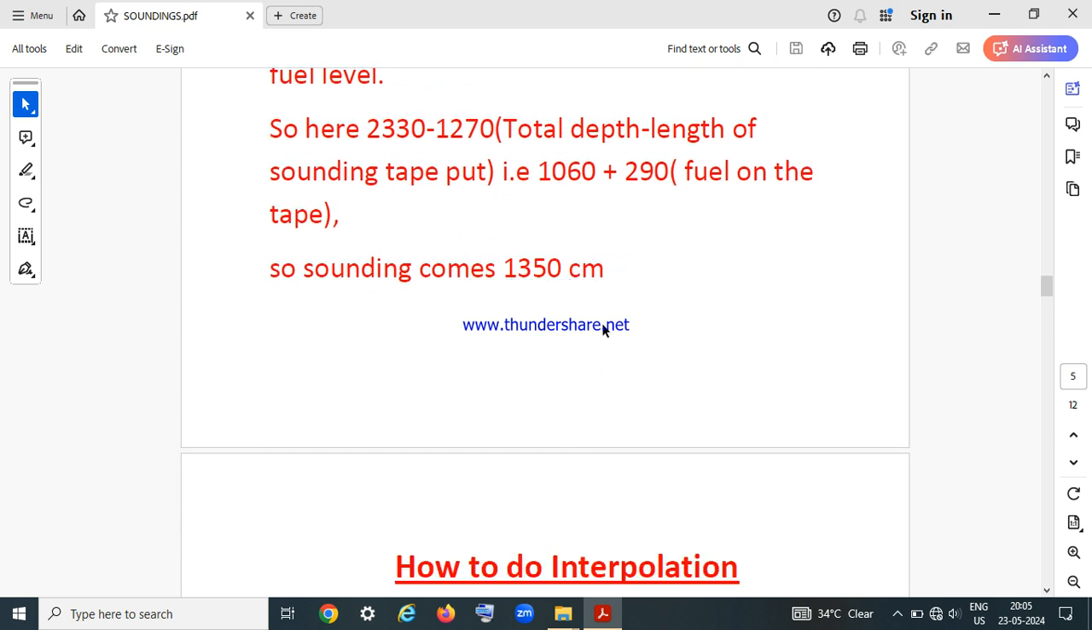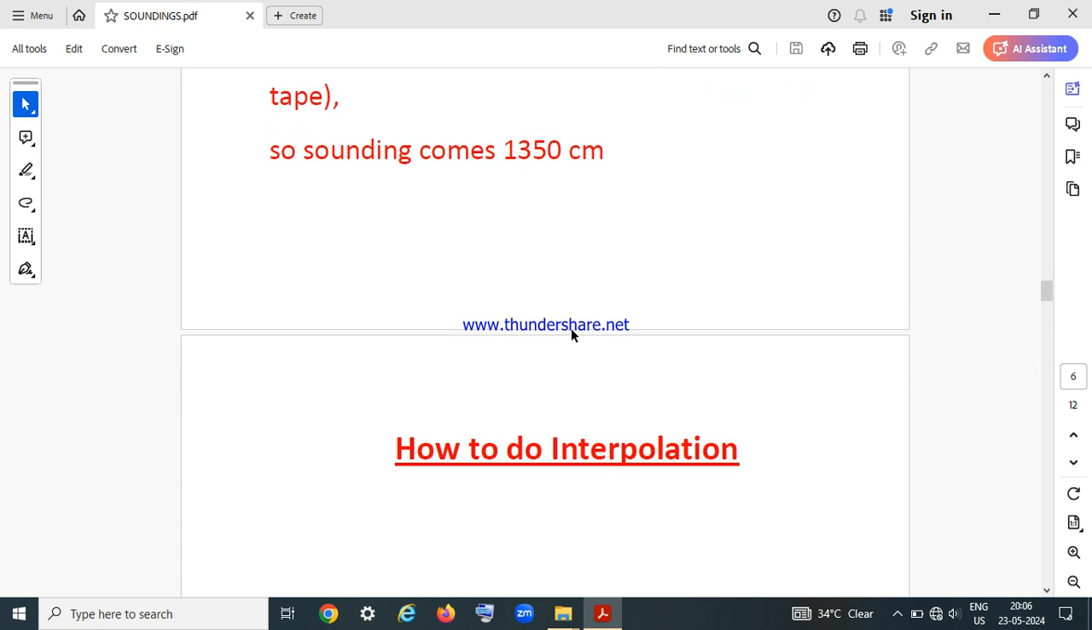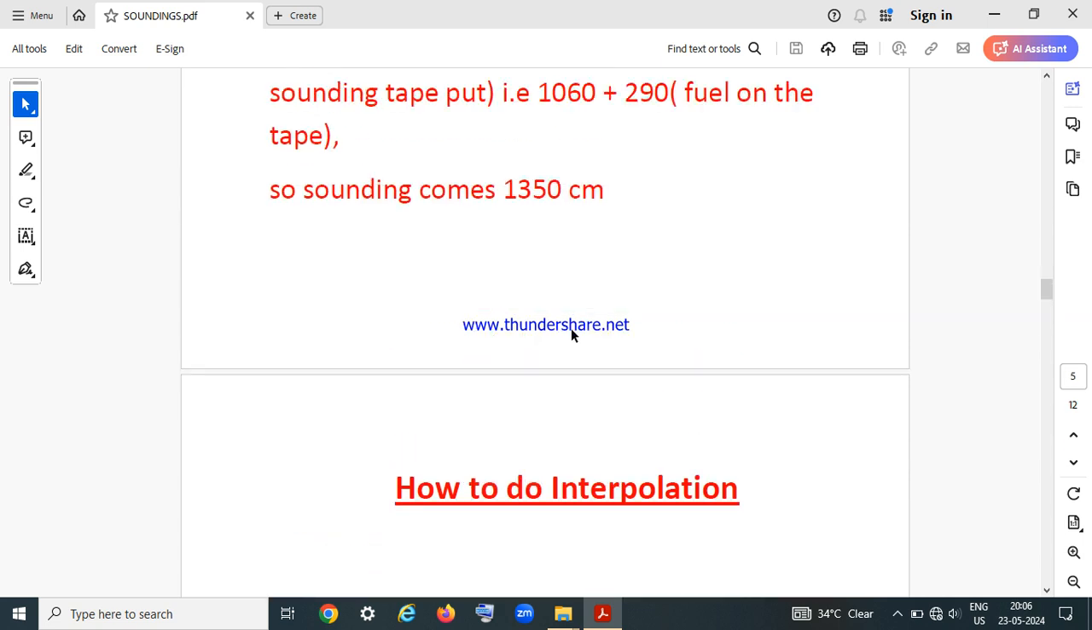This one I have explained, how to take the sounding, but our work doesn't finish here. We don't only take the sounding and give it to the chief engineer. No, they will ask you, okay, how many meter cube and how many metric ton we have left in this particular tank. So for that, first we will take the sounding, suppose here 1350 centimeter. Then again we have to do the calculations from the sounding table, or some vessels have Excel sheet formulas,